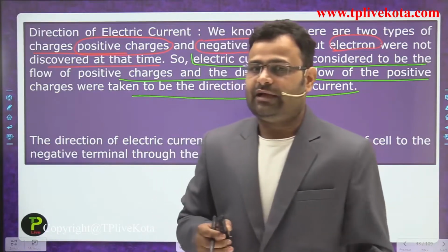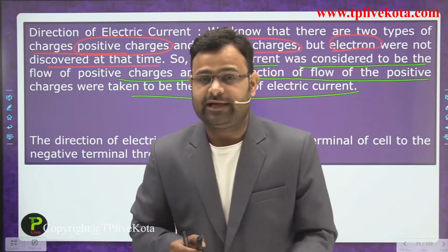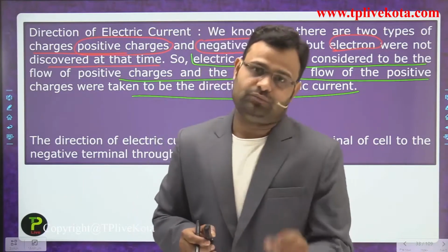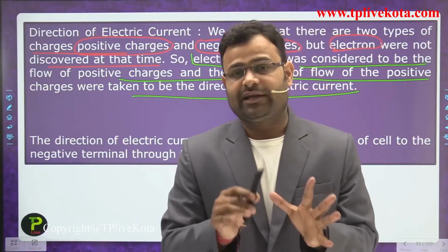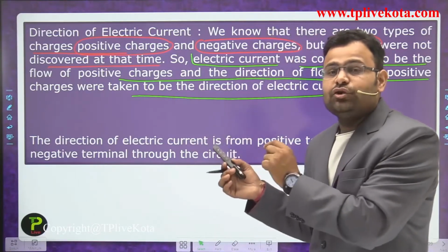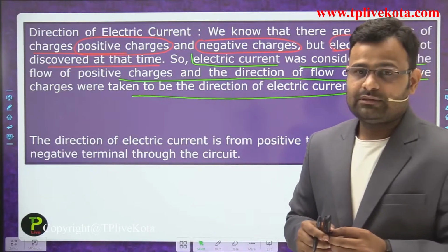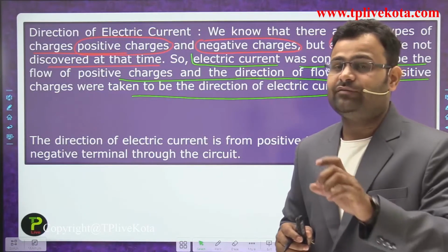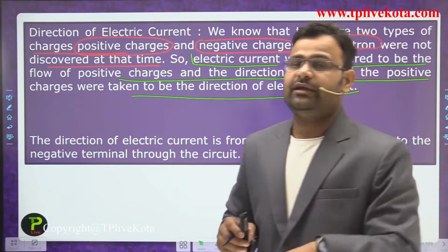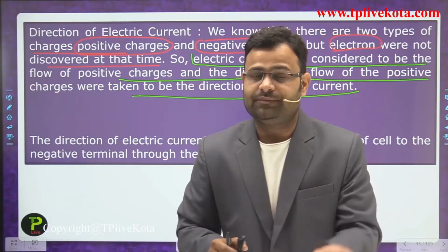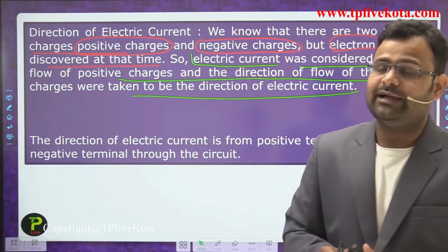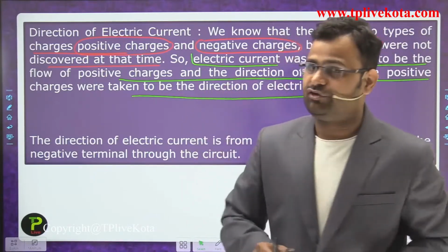But basically at that time every student knows that the direction of an electrical current is opposite to the direction of electron flow. Both are right answers but the causes are different. That is called the conventional direction. That direction is used when we don't have information about the electrons. But at that time we had information about the electrons, and current flows due to a flow of electrons. So that is the reason behind that direction. That is the conventional direction of an electrical current.